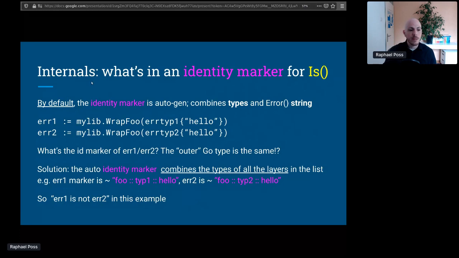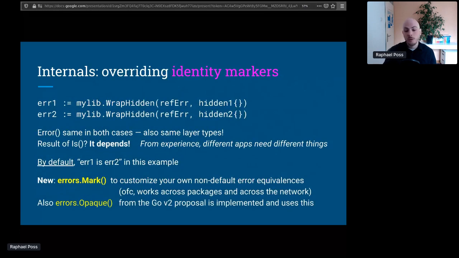So that's the automatic mechanism, and in some cases, you will see in your own code that you will use some wrapper errors with some payloads that don't participate in the error message, but they also have the same type. And in that case, the mechanism I just explained doesn't work directly, and so there is sometimes a need to override this, and so we have an API to override this default identity marker.